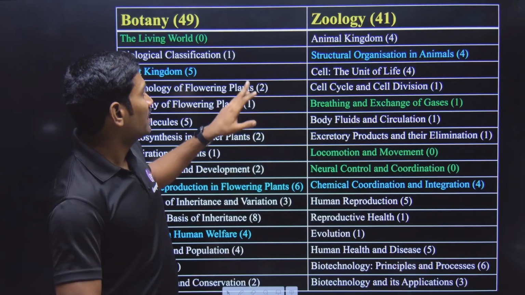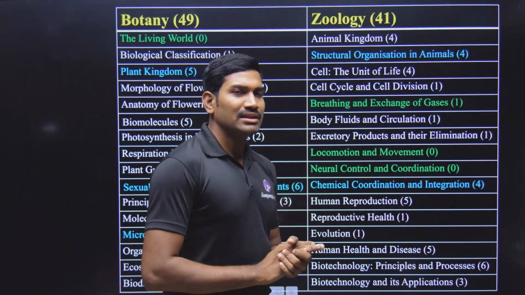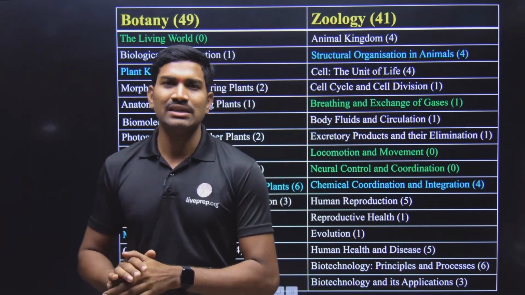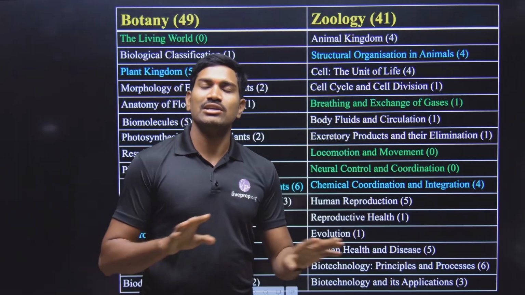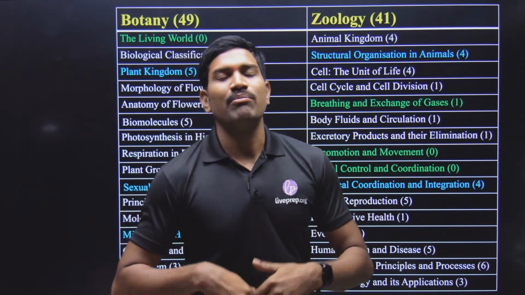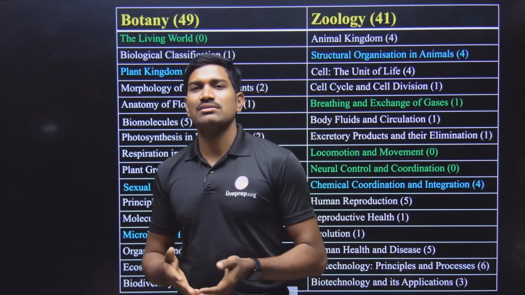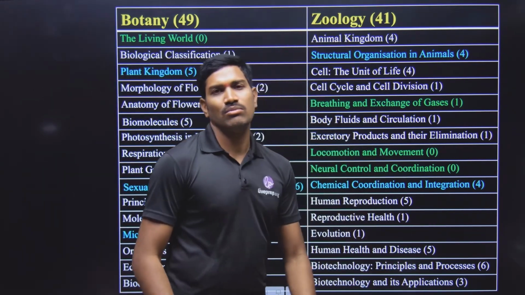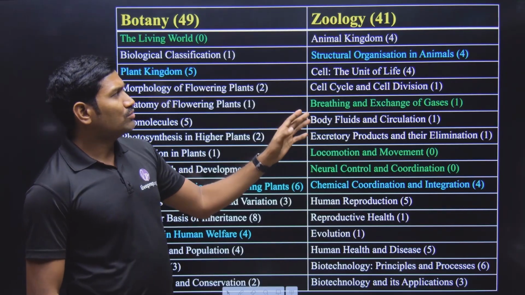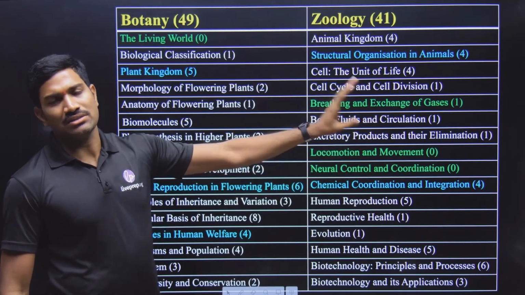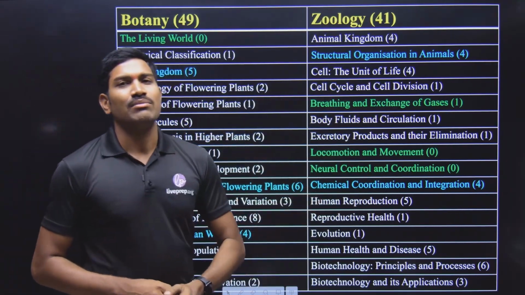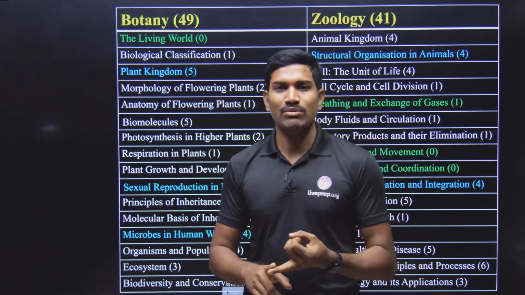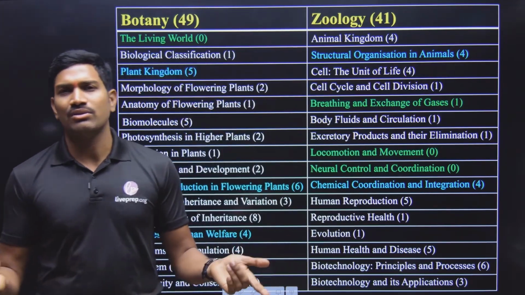Clear? Okay. Next one. So here, another thing is, if you are talking with respect to botany and zoology, the clear and first point that you need to understand is, as per NCERT, there is no botany and zoology. It is simply biology. Okay. But for our understanding purpose, some chapters we can keep under botany, some chapters we can keep under zoology. Okay. And those which are coming under core botany, core zoology, yes, there is no problem. We can easily segregate them. But the problem is with the general chapters like the cell, the unit of life. Okay. And then biomolecules, cell cycle, cell division. There is a general. You can consider anywhere.